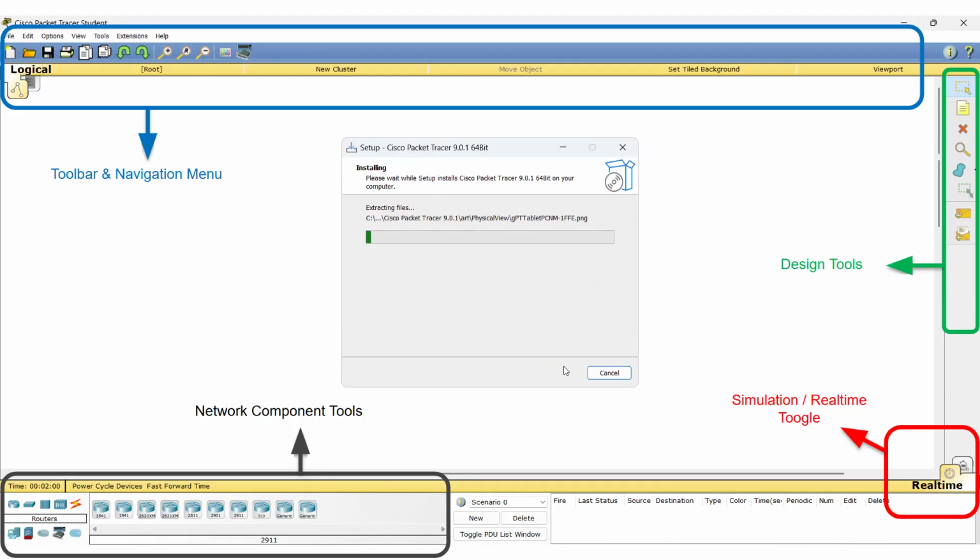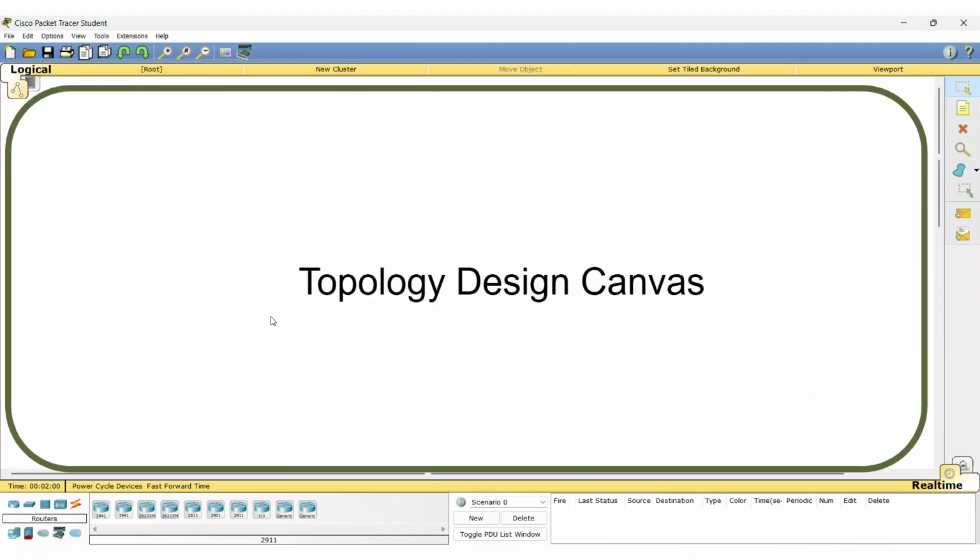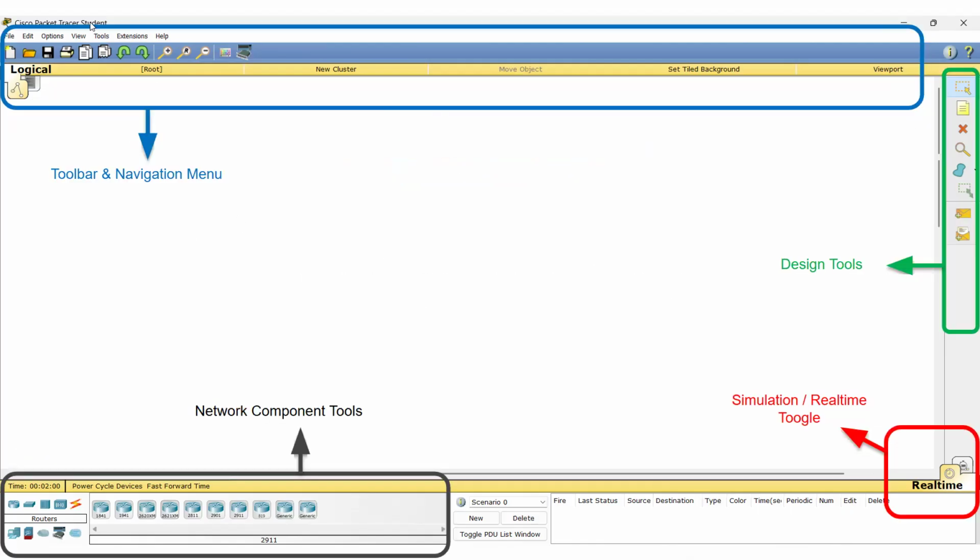The installation is not going to take a very long time because the size of Cisco Packet Tracer is not so big. So the installation will be done in no time. So let's just wait until the installation finishes. And also, as you can see in the PPT slide here, you can see that the Cisco Packet